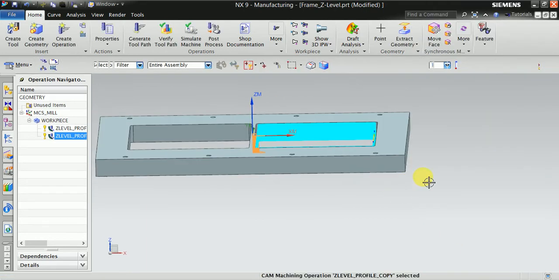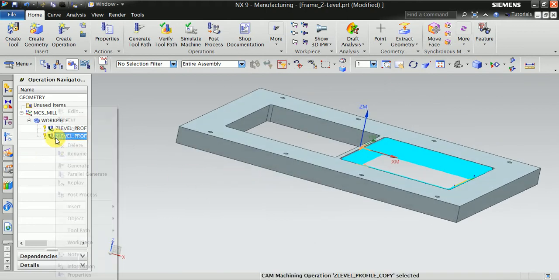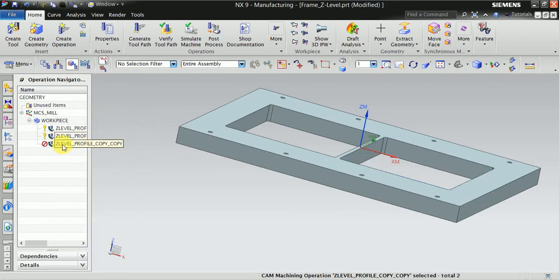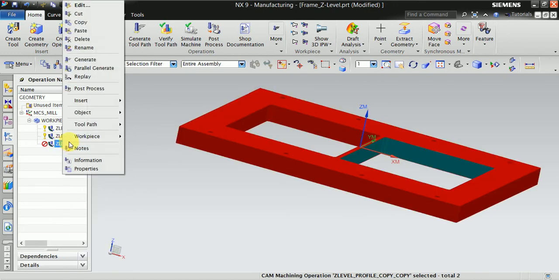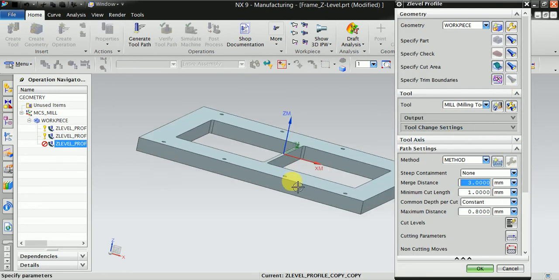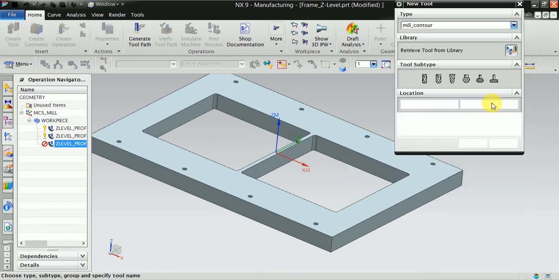Okay, now for the finishing, copy and paste, edit. Now to finish this area, select the tool.